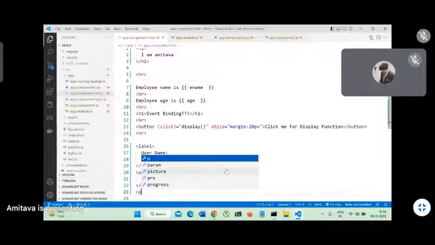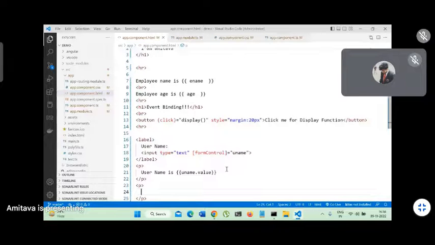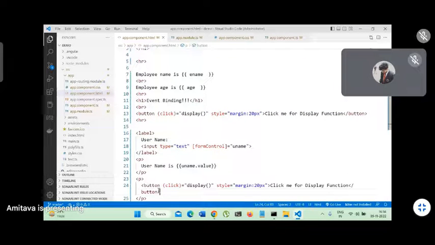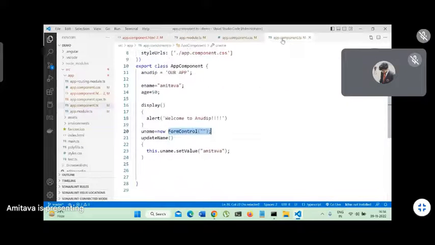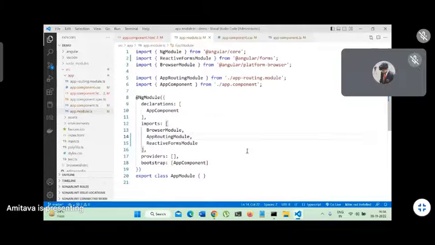Then I want to change the name to Amitava. So I have to call the function. So guys, to call the function again, I need a button. So simply copy and paste this, but we will change it a little. Instead of this display, what was the name of our function? I forget. I think the name is written here. The name is update name. So just copy it,